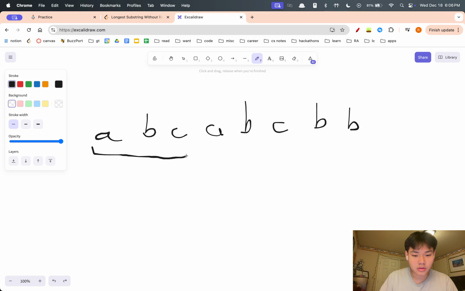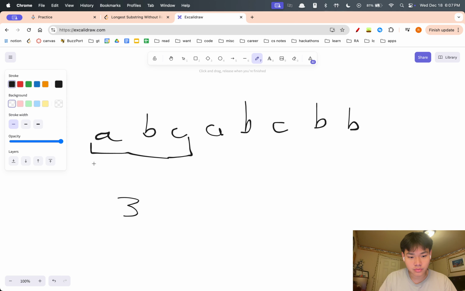Look at C. We grow it. Look at A. Okay, wait. So we have A so far. Look at B. It's distinct, so we grow it. Look at C, so we grow it. Look at A, so we take this as 3, and then